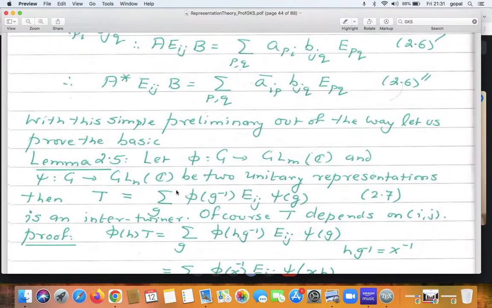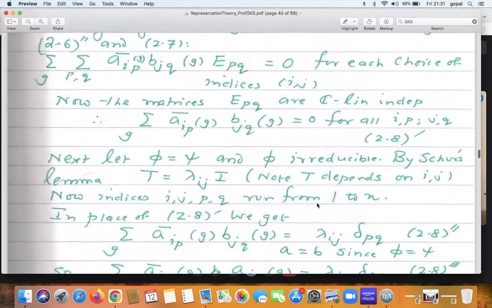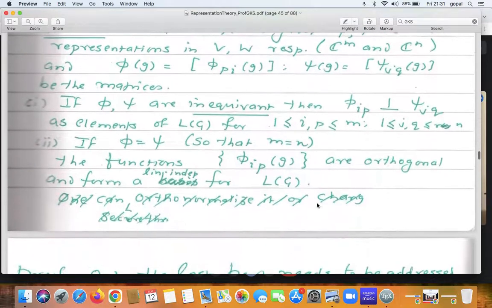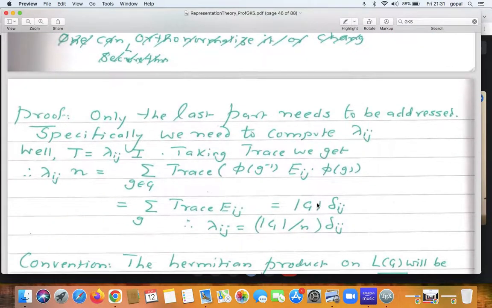We have to take a trace of this. Now remember that trace AB equals trace BA when you have two matrices. So I can commute because I'm taking the trace. So phi(g) inverse phi(g) will be identity. You simply get trace E_ij, and trace E_ij will be simply |G| times delta_ij,